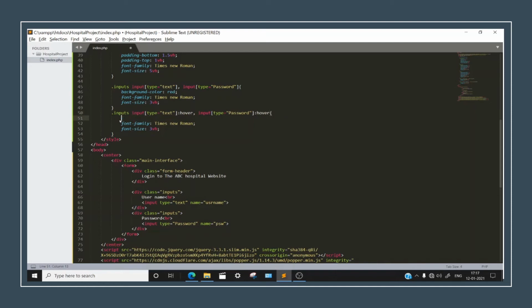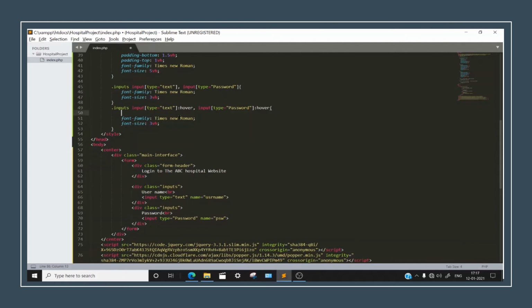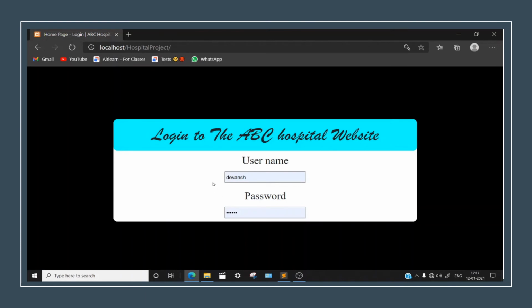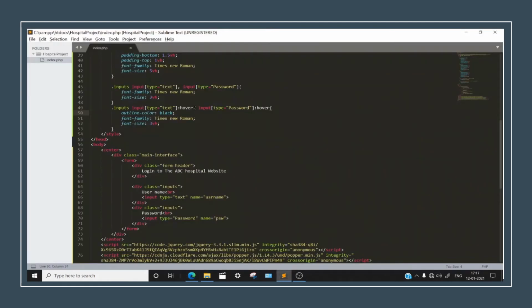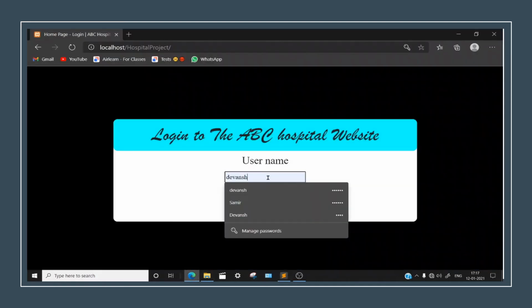Let's remove this background color for both the things, for the places, and outline color should change to black. Now let me show you. Well, why didn't this work? Okay, let's see what is happening. Just give me a minute.